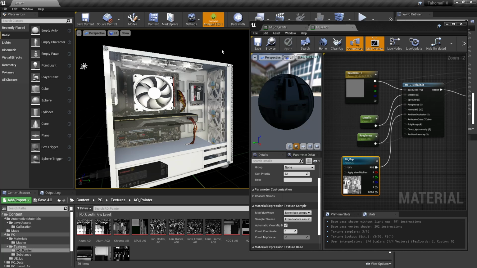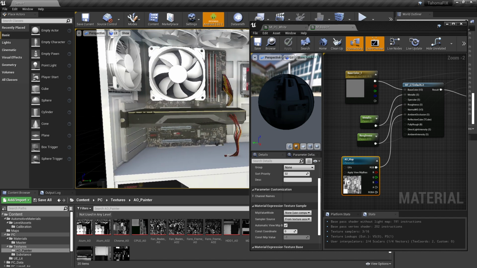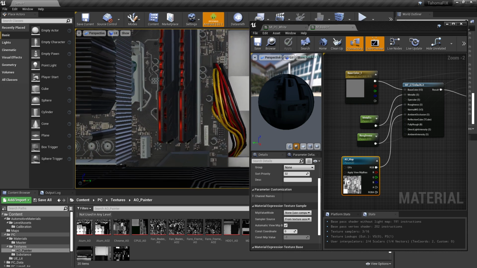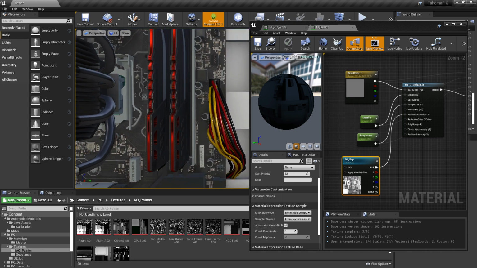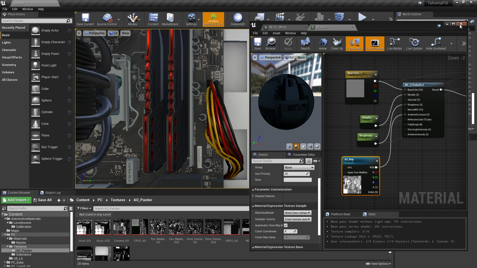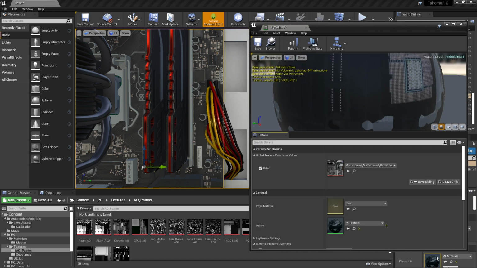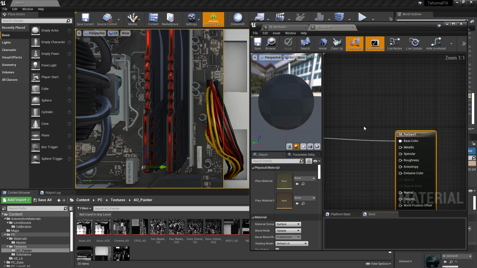So the next thing that we want to talk about are a couple of things that you can do to, again, help performance on the HoloLens 2. So we're going to go ahead and look at this motherboard texture map, and we're going to improve the look of this. It's really, really flat right now. And I'm going to do that by bringing up the master for it. Let's just go back into here and double click on that motherboard and load up this mTexture master.